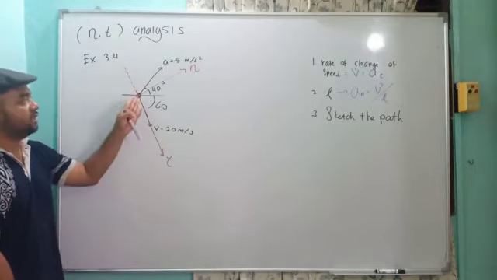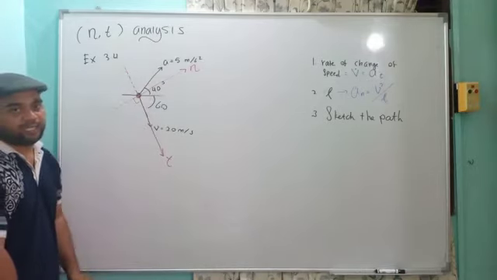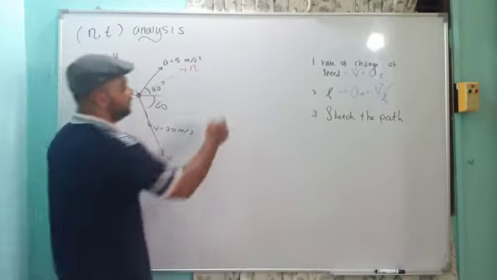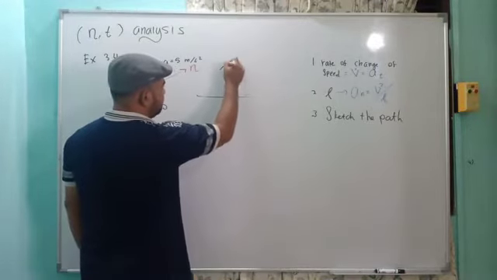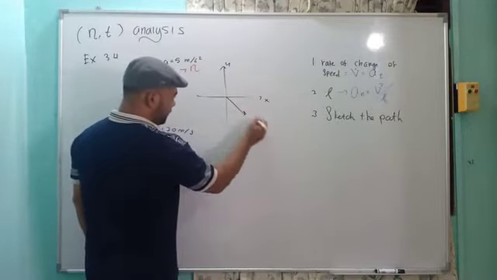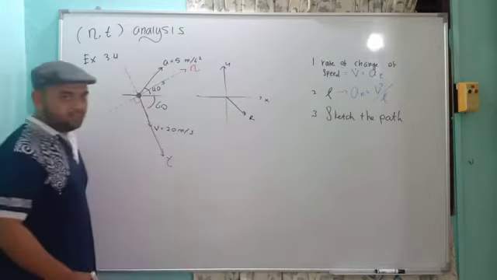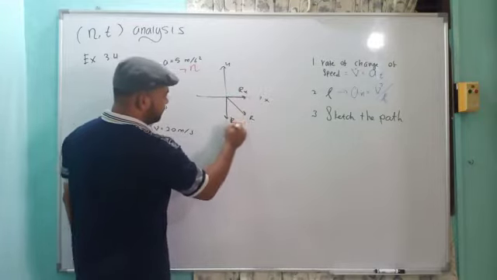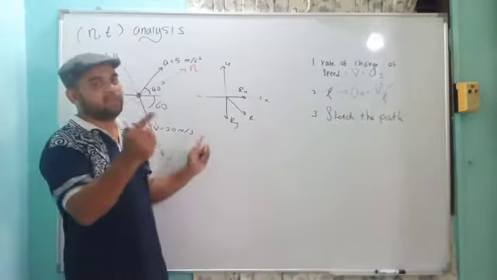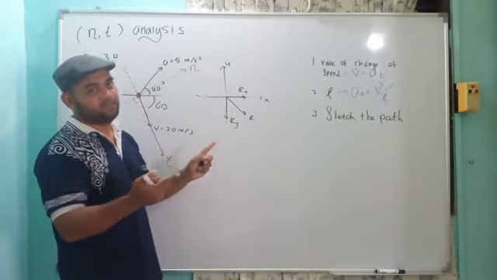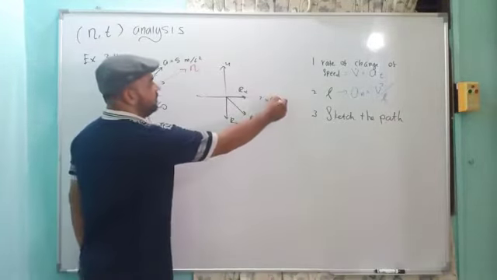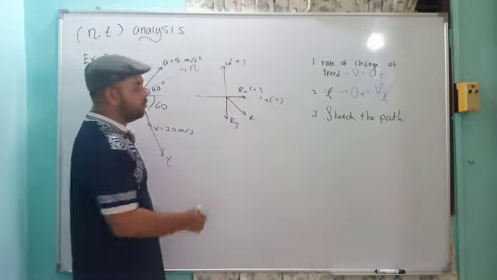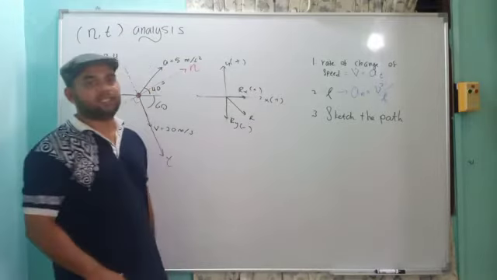Because of that, now you can resolve the A into normal and tangent. Okay, how do you resolve that one? Same as if you have this xy axis, and we have this as r, for example. Do we resolve here? Rx, downward Ry. Maintain the r in between the two resolving components. Okay, but this is positive x, this is positive y, meaning that Rx will be positive, Ry downward, so Ry will be negative in this case.